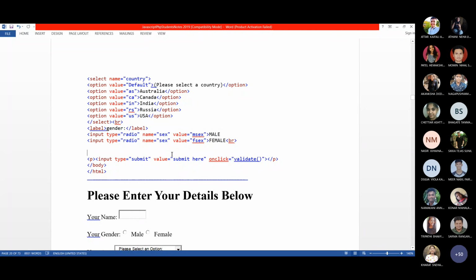Already I said that to uniquely identify one set of radio buttons, you will give the same name attribute, a different value attribute. Okay. Remember, one of you asked about the ID attribute. In ID attribute, strictly within a single program, the value of the ID attribute should be unique.